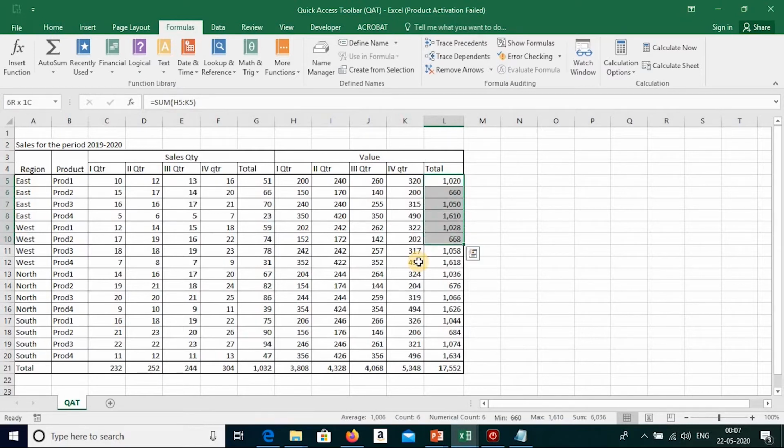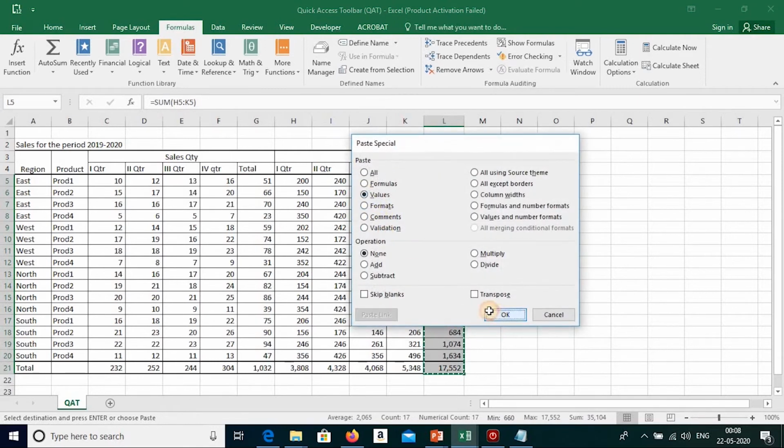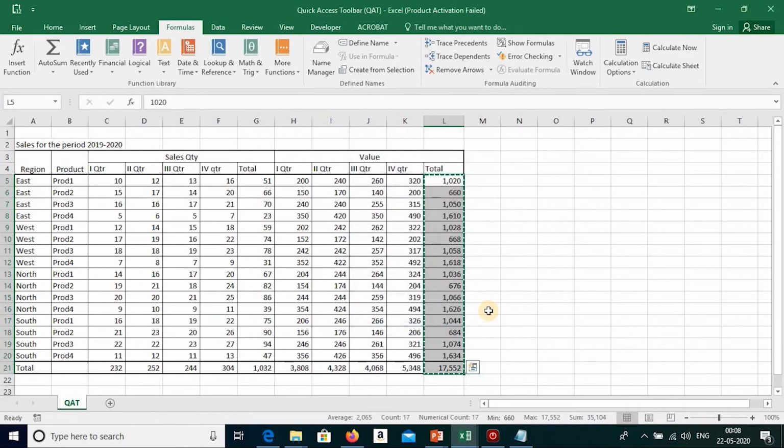So I wanted to remove them. I will take the range. Okay, all this I wanted to remove. So first I will copy. After copying, I will not right click, paste special values. Okay, I will not do it like this. I will say Control Z.